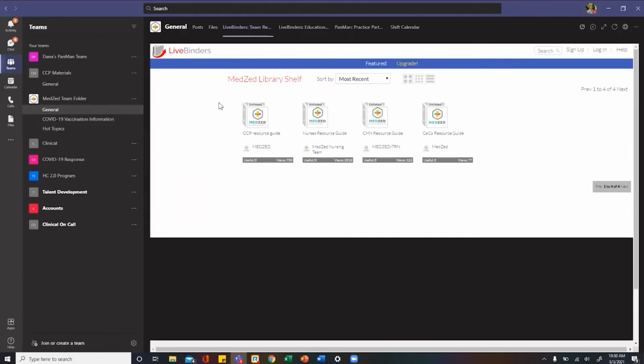Well, I think you guys have really shown a good example of how to push the potential of what a LiveBinder can do. It's not just the documents, and you've got dynamic stuff in there, but it's also the shelves and all the binders that you guys have accumulated. Would you say that kind of helped acclimate your team to be in Teams more, because those resources were clearly there and,